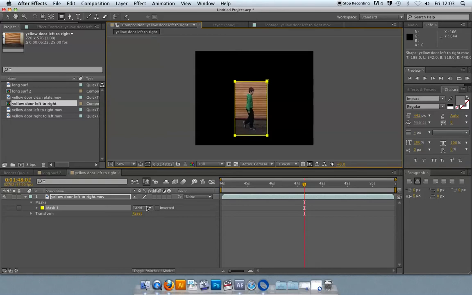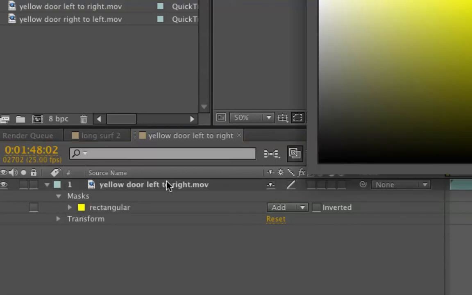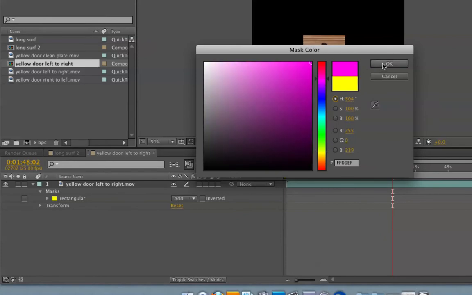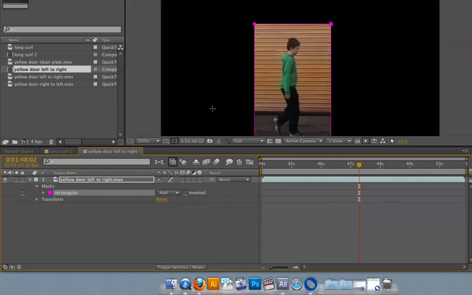Now as soon as you have a mask drawn out here in the composition window, you'll see that mask show up as a subset of your layer. Okay? Now you have a masks section, and you can have any number of masks in here working together, or one mask doing its own thing. You can name them. You should name them. When you're using 2 or more masks, it'll make your life a lot easier if you call them something. And you can also change the color of them as well, which makes it very easy to work with them when you have a number of masks sitting out there. If they're all different colors, it becomes very easy to identify which mask is which and which mask is doing a particular job. Now this is set to add,